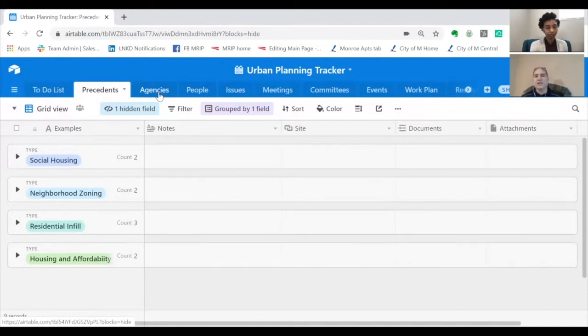So in the context of residential zoning or residential infill, there are precedents, which we'll talk about in a minute. And those precedents are interpreted by agencies, of which there are many. Typically, these agencies are at the state level, at the county level, and then at the local level. And there are many consultants involved as well. Those consultants then inform the local people. You as an urban planner are a type of consultant because you bring this domain knowledge, which we depend on